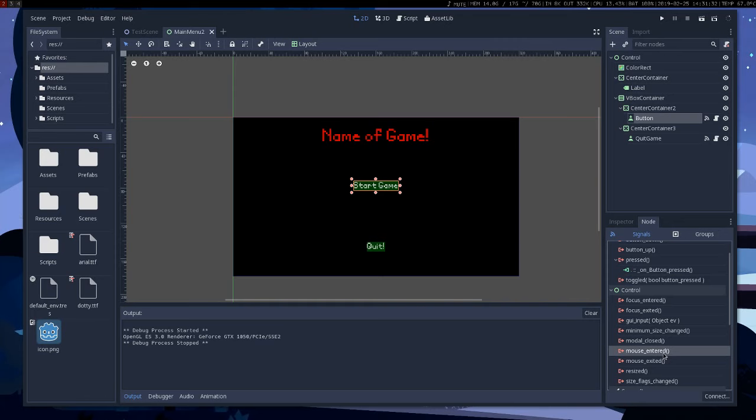For Node2Ds, if you wanted to do that with regular sprites or something, you would have to use ray casting. You would have to cast a ray from the camera, I believe, or just do some math to get the rect on the screen. So that's pretty nice for